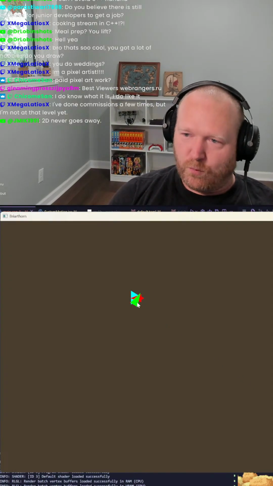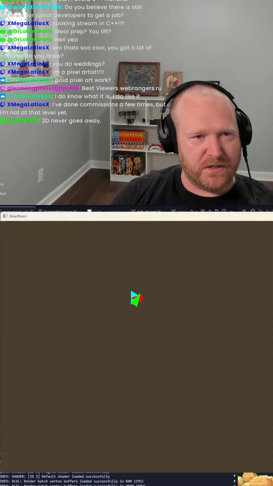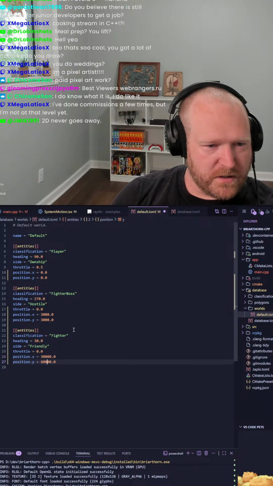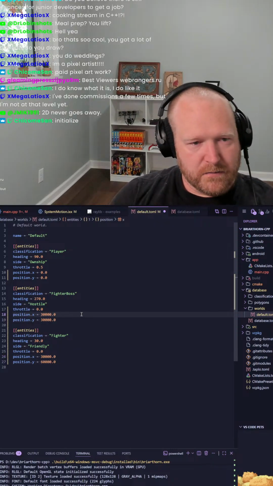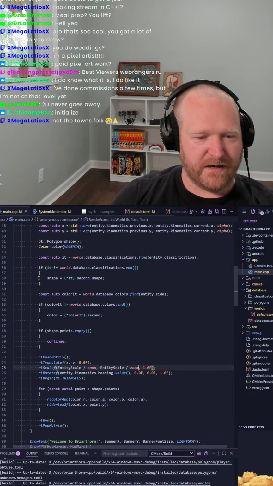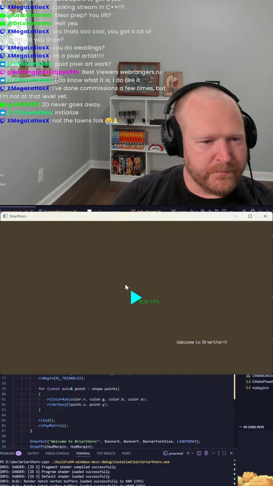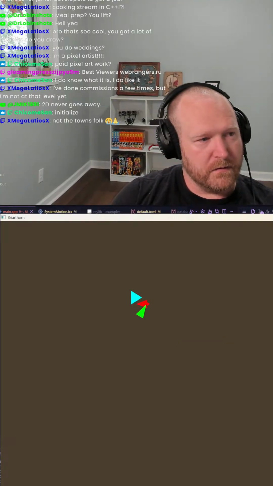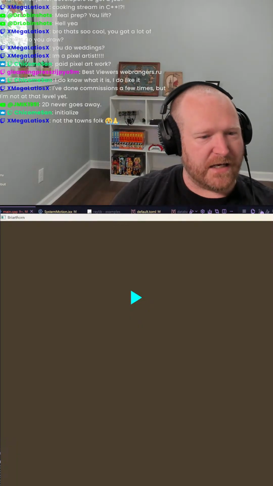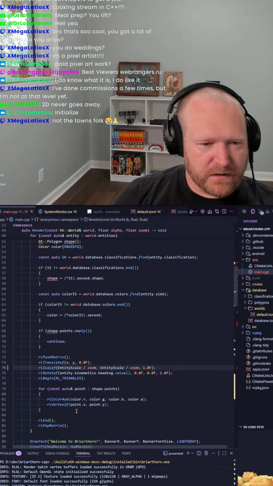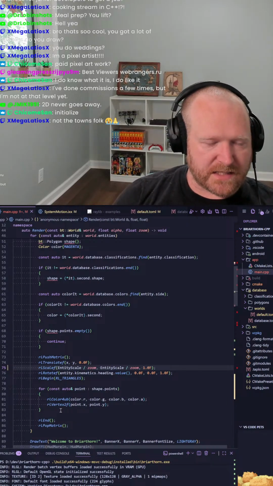Okay, so I think this is actually working. We just can't really see it right now because they're still kind of too close together. So I'm gonna spread them apart, make them like kilometers away. Oh, I didn't have to recompile. I can just change that. Woo! Oh, I'm scaling everything else I'm drawing too. Oh man. Okay, I don't know if that's gonna work, because if I do that, that's going to affect